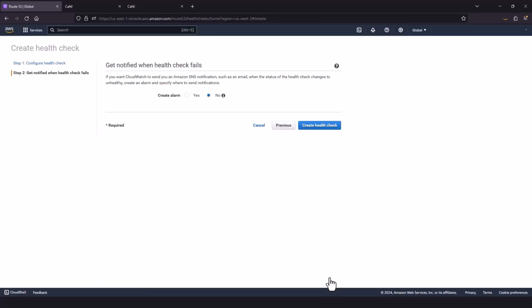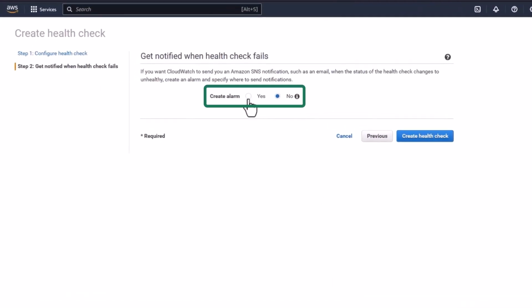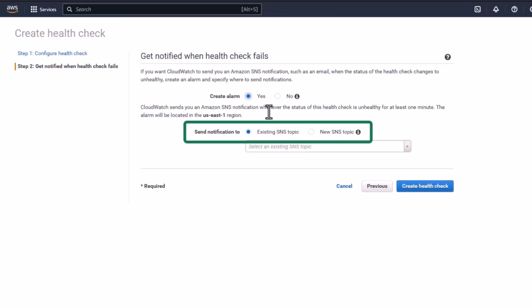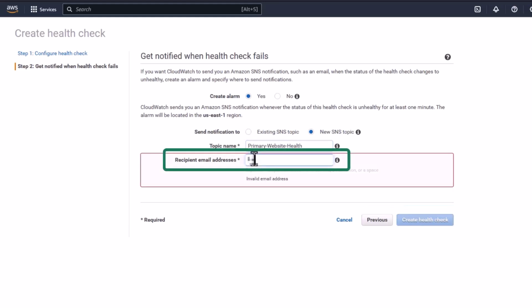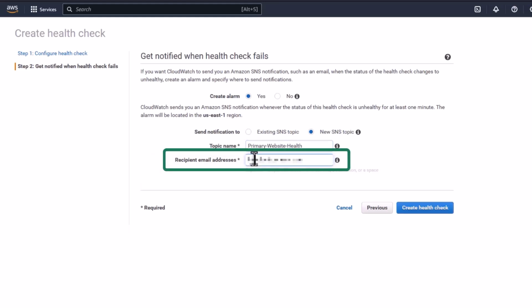Now let's create the alarm portion of the health check. For Get Notified when health check fails, configure the following options. For Create Alarm, choose Yes. For Send Notification to, choose New SNS Topic. For topic name, enter primary-website-health. For recipient email address, enter an email address that you can access. Choose Create Health Check